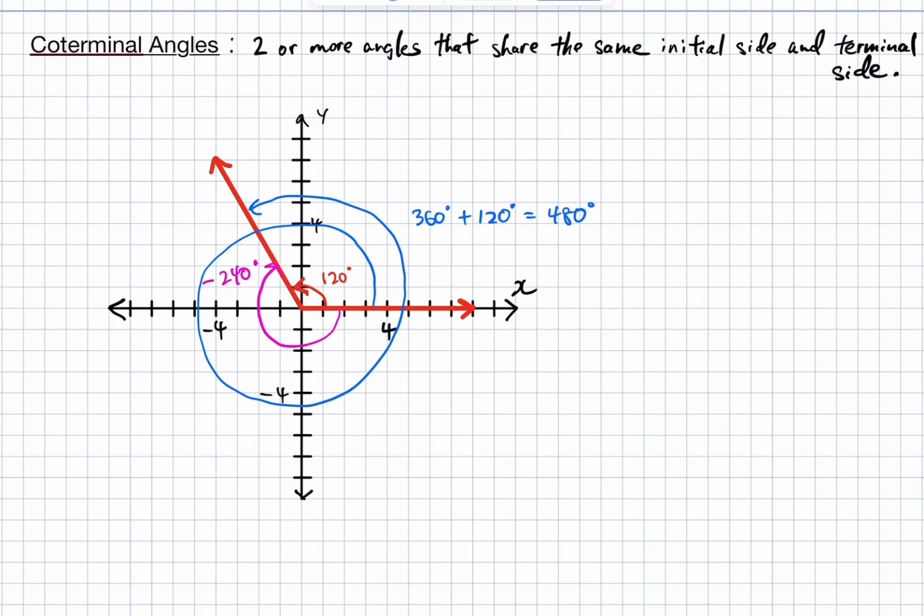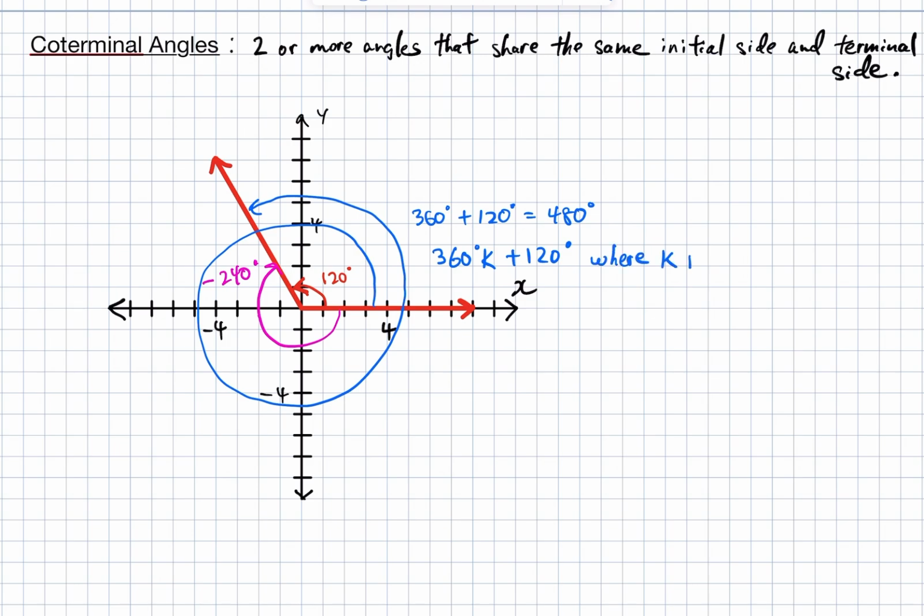So if we're able to do this with one full rotation and then finish up at the terminal side, we could actually go 2 rotations and then finish at the terminal side, 3 rotations, 4 rotations, and I think you get the idea. We can go on and on, okay? So really what we have then is 360 degrees times k plus 120 degrees, where